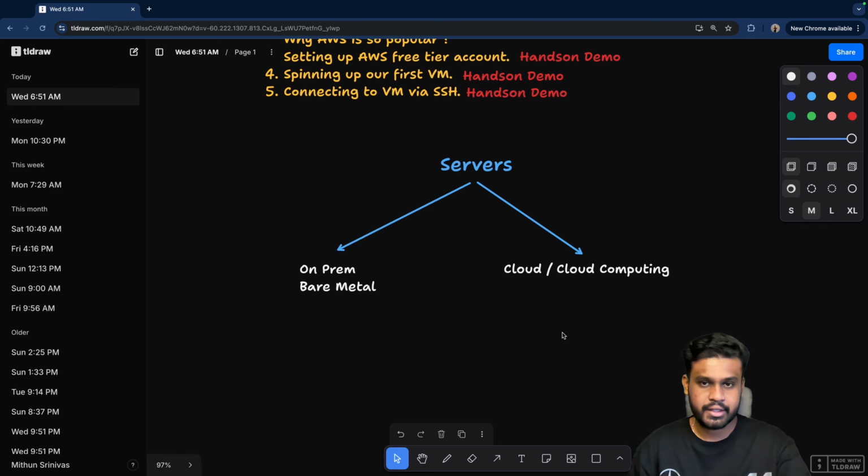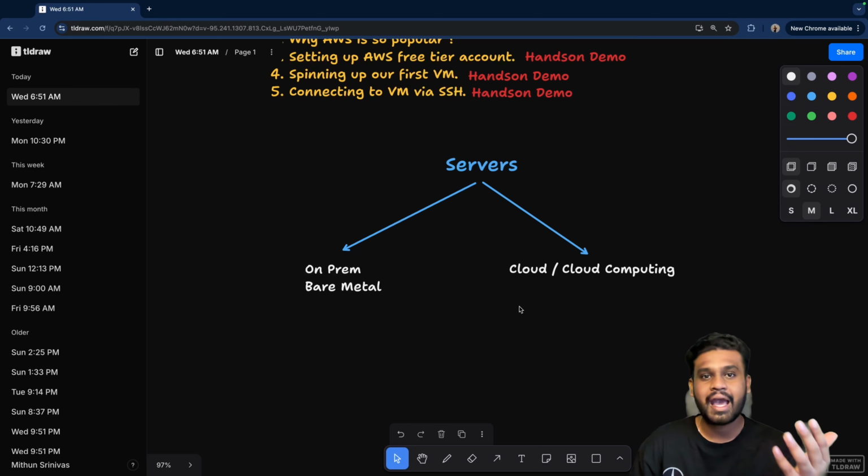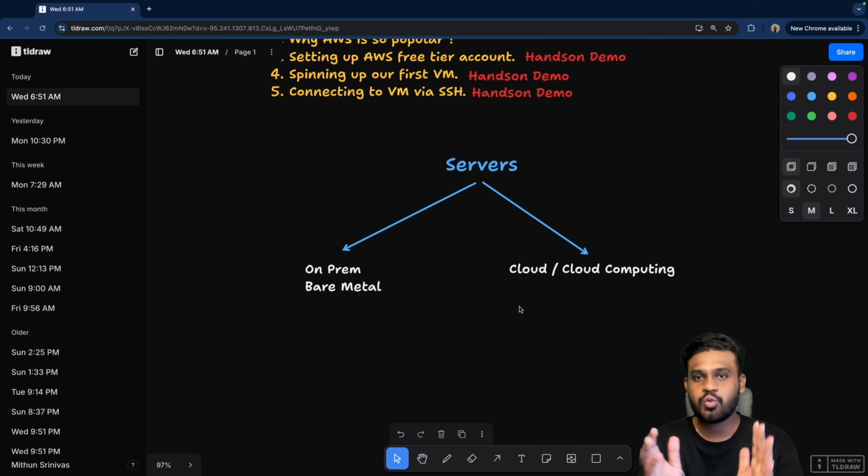You can sit in your home and you can rent them. In the free tier you will get something for free as well, and after you complete that free tier, you will be charged. Again, this charge will not be for the whole machine. It will be running on a pay as you go model, which means whatever you use, for however much time you use it, you only pay for that. You need not own any machine.